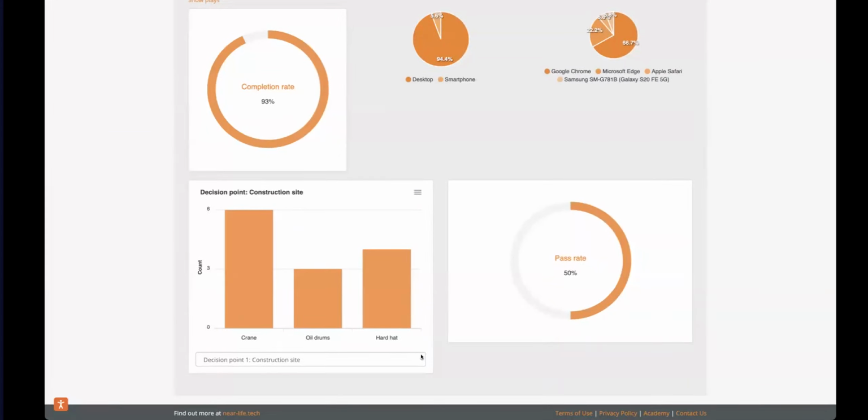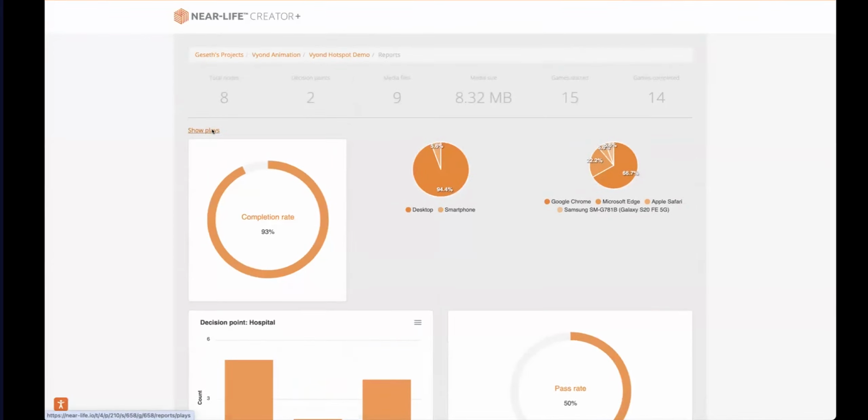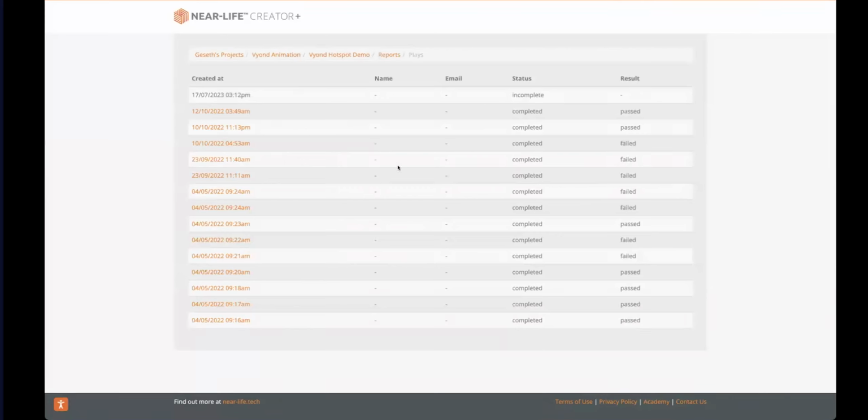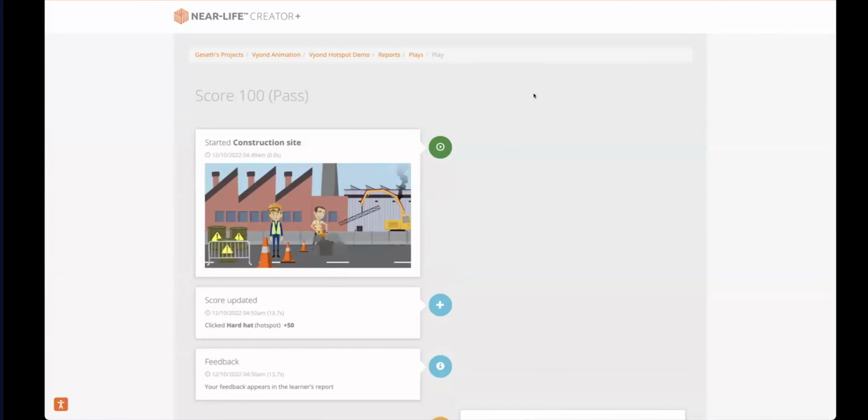So you can get a breakdown of this aggregated information of what everyone has clicked. Some people use this in live discussions, so you can see the overall completion rate, and every single play is tracked in our tool, so it's anonymized. We just pass the information to Moodle or the platform where it's embedded, and then here,